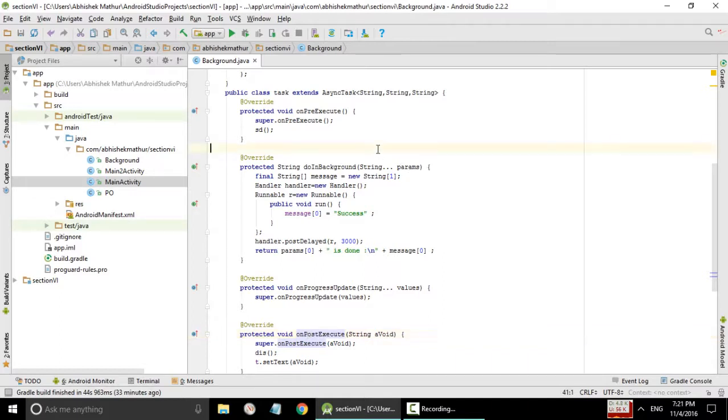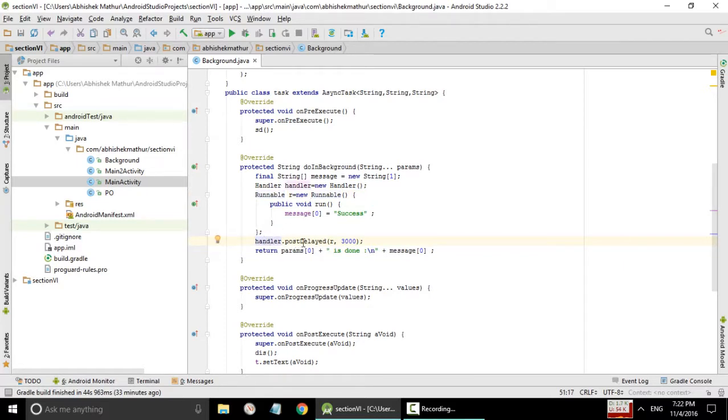Finally, you can get the string parameter passed to it by taking the zero index of the params attribute defined here, as the standard syntax. Now you have created a new Runnable. They have defined a public void run method which defines this whole Runnable, and then you can use the handler to run this kind of Runnable.